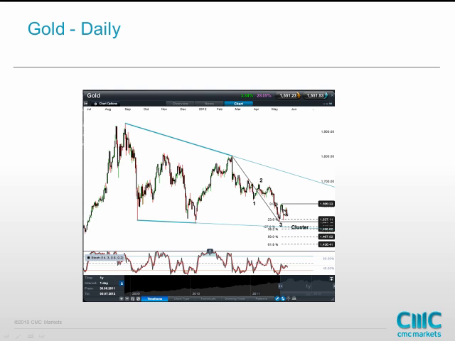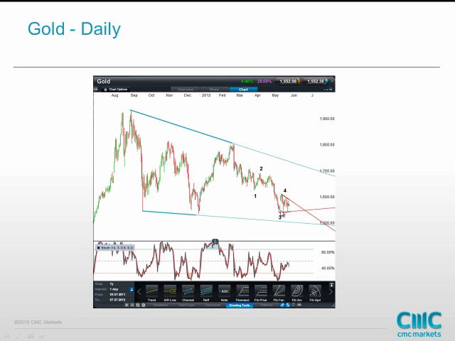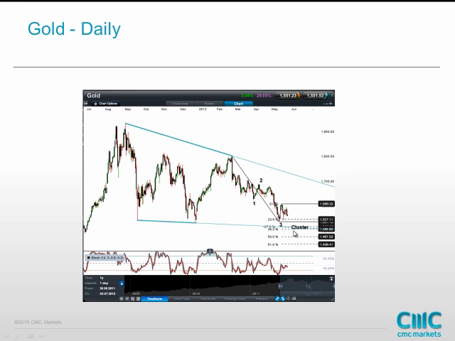The other thing that I haven't done here, just to cut down the clutter, is to look at the measuring rule, which projects that the move from the breakout of the smaller triangle here might be able to be measured by reference to the height of the triangle. So you take the height of the triangle at its base from 4 down to 3 and then project that from the break point down at 3, and that gets you down to a level around about 1460 something, I think 1465 or thereabouts, and that would be another potential candidate for stopping this market